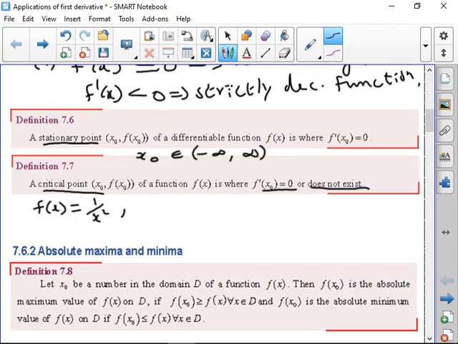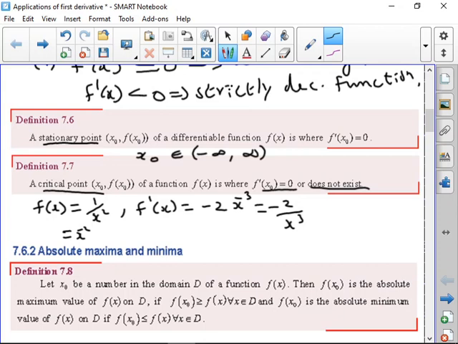So what about f dash of x? F dash of x will be, x power minus 2, let us say. Then f dash of x is minus 2 into x power minus 3, which is equal to minus 2 by x cube. Now if you put 0 for x, what does the denominator become? It becomes 0. So in this case we say that f dash of x naught does not exist at x is equal to 0.